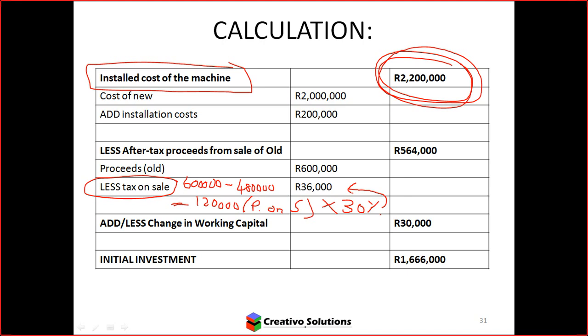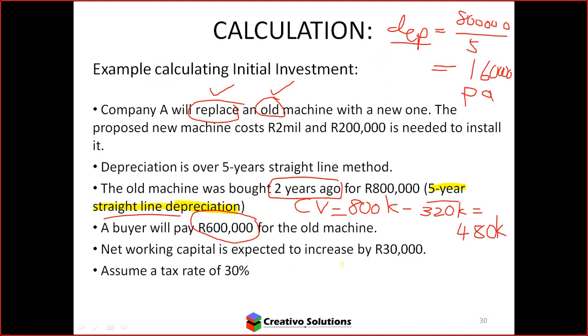What? No, what's that 36,000 for now? 36,000 is the tax on the sale. We just worked it out. 120,000 times 30%. I didn't work that out. Sorry. Okay, that's the profit on sale. The profit on sale will be taxed at 30%. Let me just check here. Okay. Good. All right, then if we go back to the question, it said net working capital is expected to increase